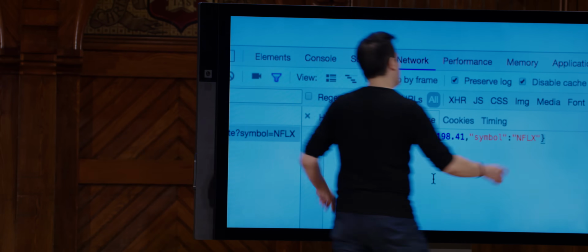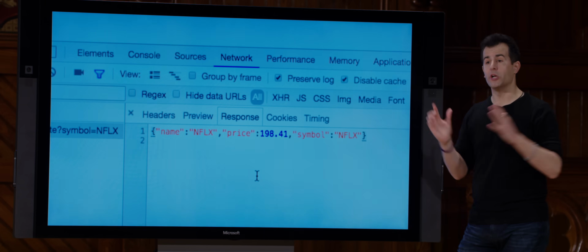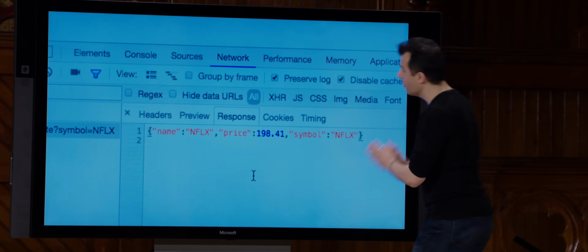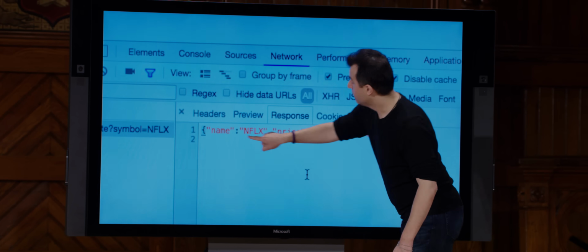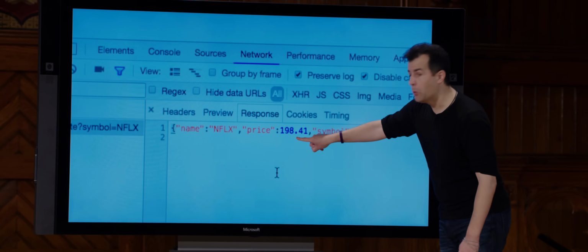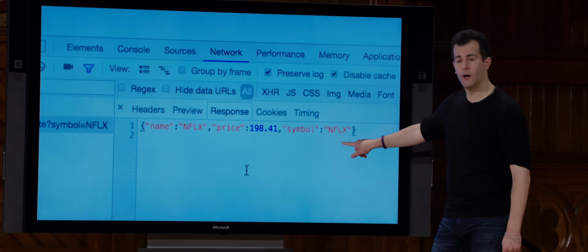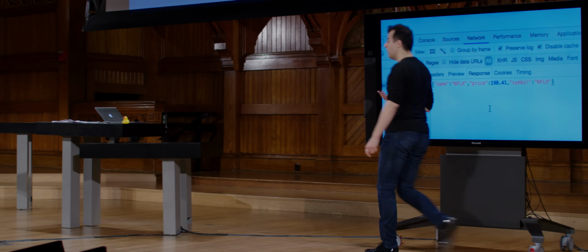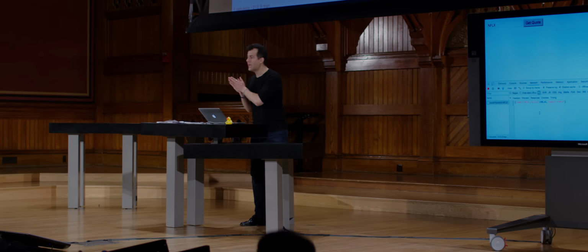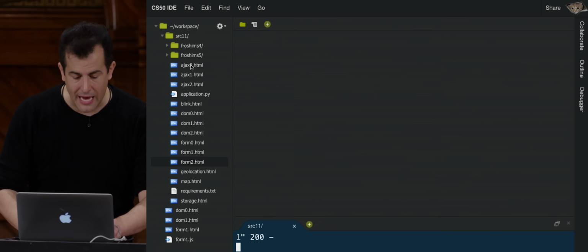Open curly brace, close curly brace means here comes a JavaScript object. What is an object? It's a hash table or a dictionary with keys and values. What are they? A key is name. Value is Netflix. Price is a key. 198.41 is a value. Symbol is a key. NFLX is a value. And so it's just a way of getting back one or more pieces of useful information. So how do I now do this, and how do I get the information back? For that, we have to look at the code itself. So in ajax